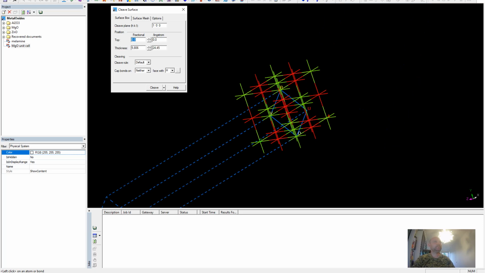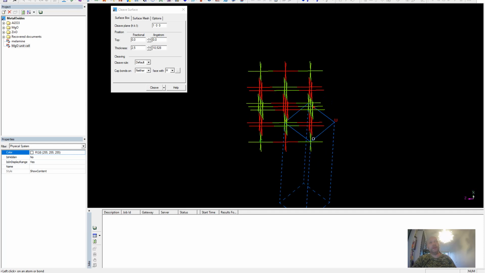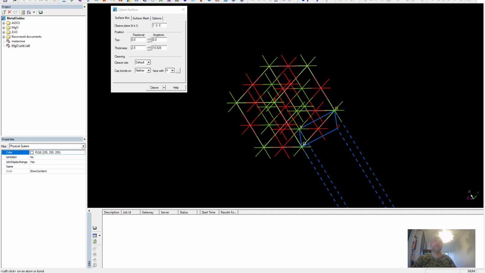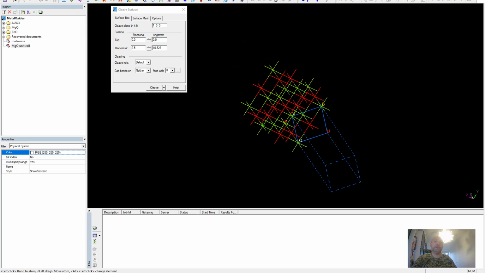The fractional thickness, as you can see, corresponds to 2.5. That's exactly this 10.528. Now, as you can see, the blue box indicates the way how the crystal will be cleaved, and as